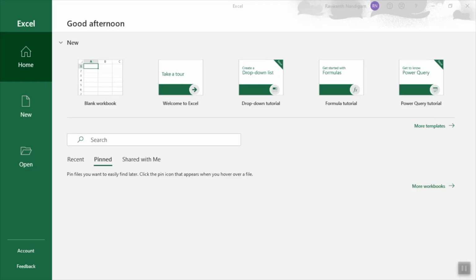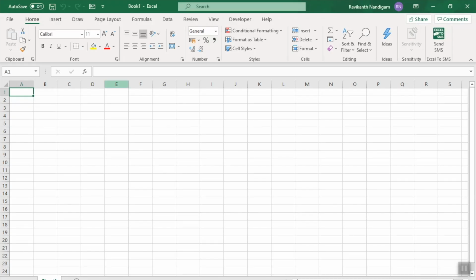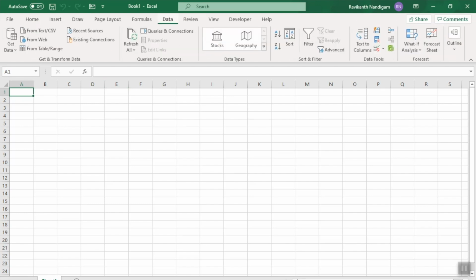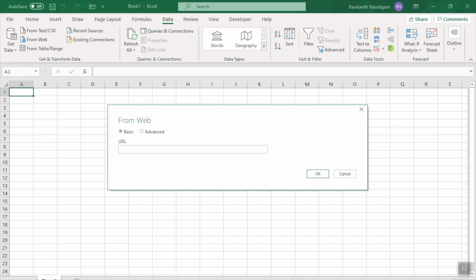Now open Excel and create a new document by clicking the blank workbook area. Click on the Data tab. In the ribbon of the Data tab, click on From Web. The From Web wizard window will open. This is where we put the link we copied from finance.yahoo.com. There are two modules available, Basic and Advanced. For this exercise, we only need Basic mode.